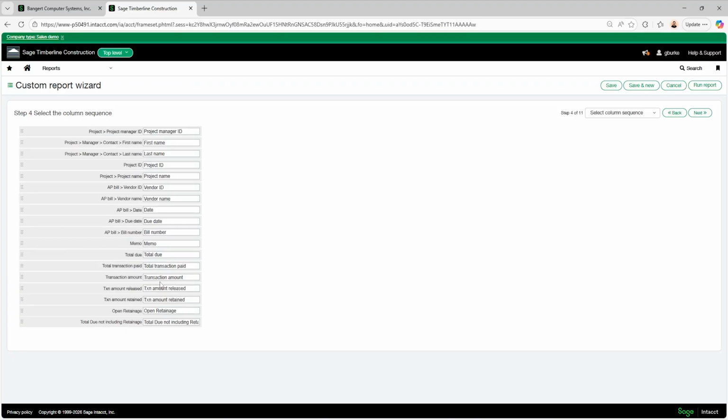And then we have these different fields. So total due, put that down there. I think it makes more sense to have the transaction amount, the amount paid, the total due, and then we can get into our retainage information and our total due not including retainage. So a little clicking and dragging, I think this report's going to be a lot prettier.